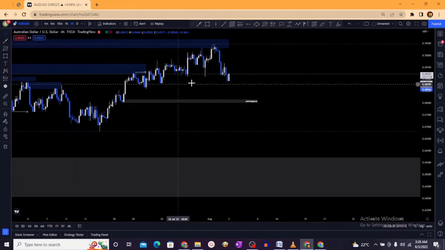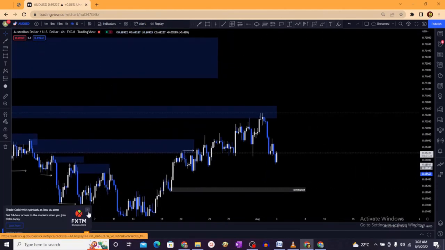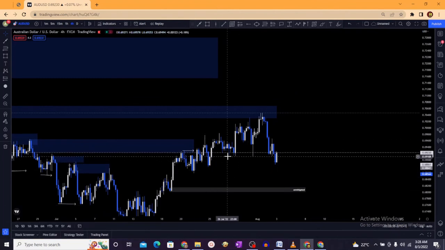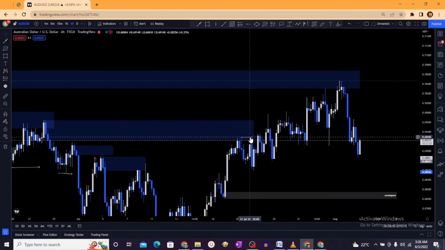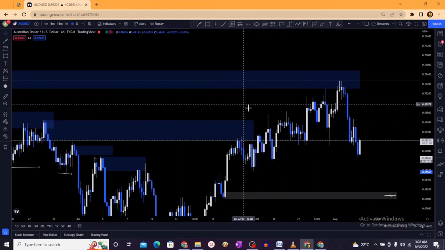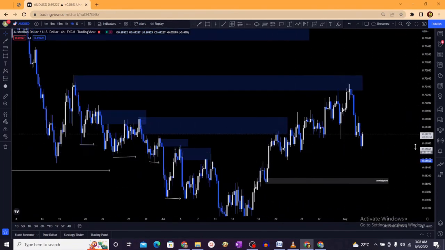So now, what confirmations? You could use Wyckoff distribution here. You could use engulfing candles, that's price action trading. You could use change of character. I use change of character and Wyckoff. So any of those work for you. You could use market structure analysis. Just wait for price to come into your zone and wait for confirmation,